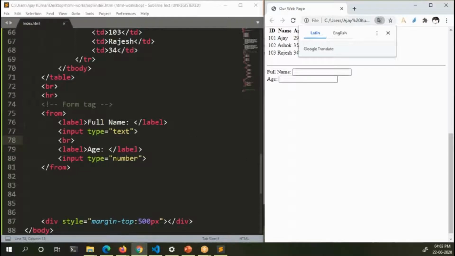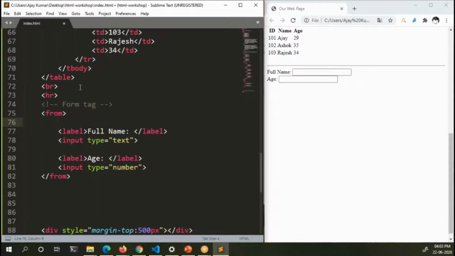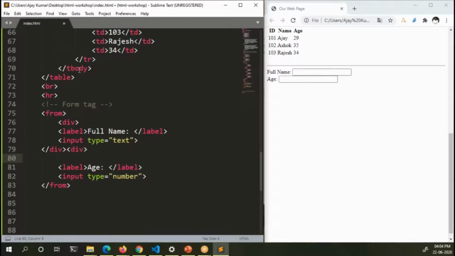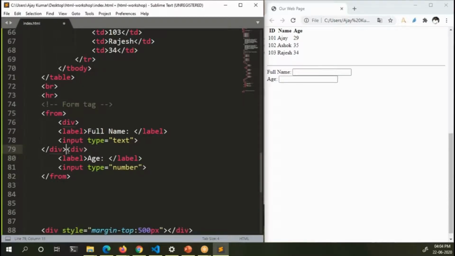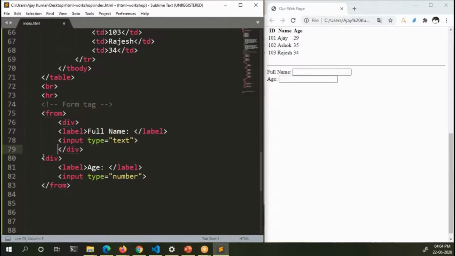Even still it looks much uglier. So the best way to display form elements is to enclose each and every element in a div tag. What the div tag generally does is it just separates. Let me tab this out.